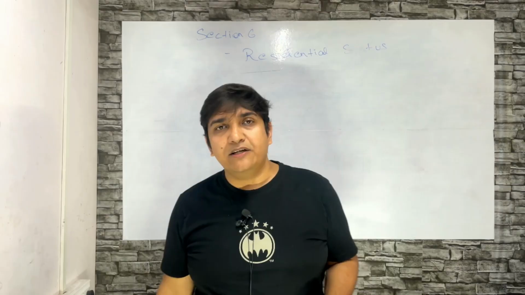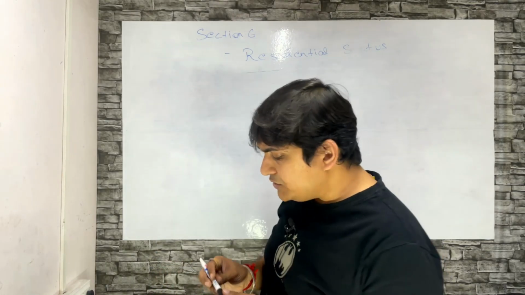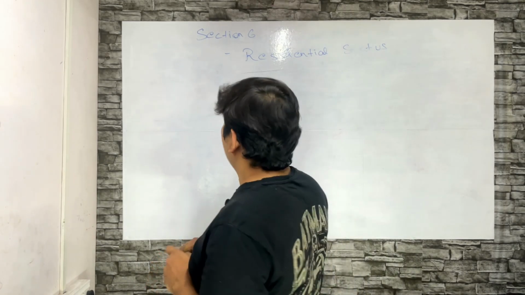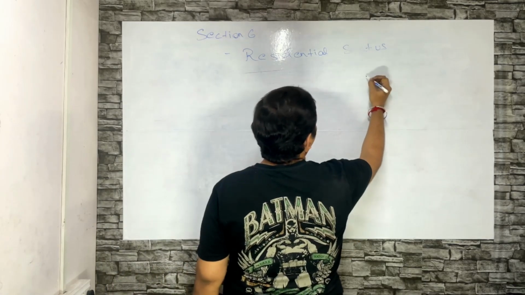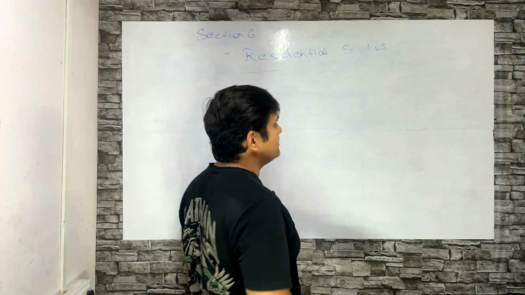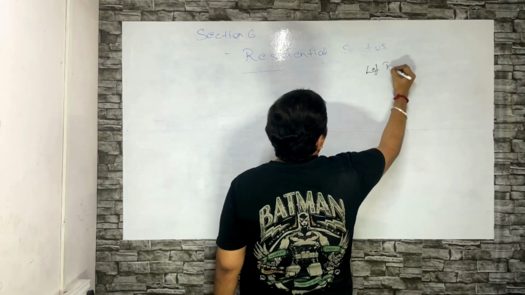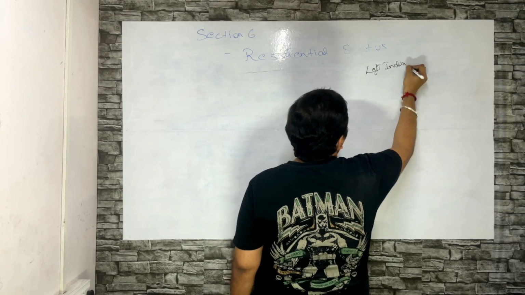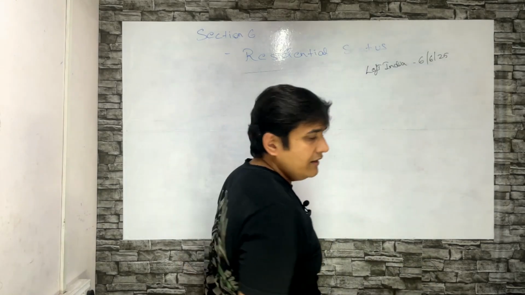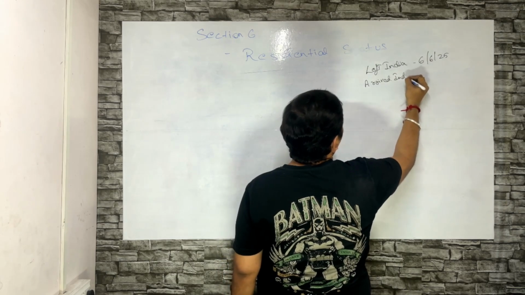So for the previous year 25-26, we have to determine the residential status. So how do we determine the residential status? I'll do it simply, but you will have to explain it in detail in your exams. I am doing it to explain it to you. So, left India on 6/6/25, arrived in India on